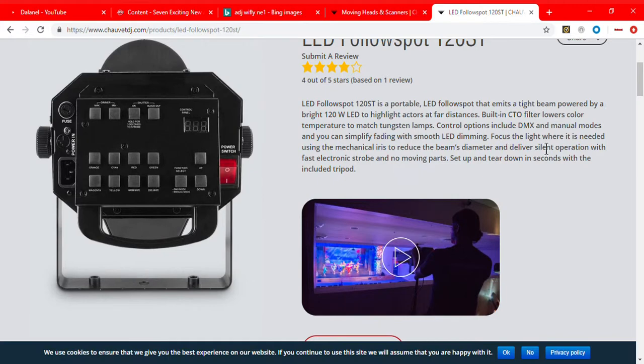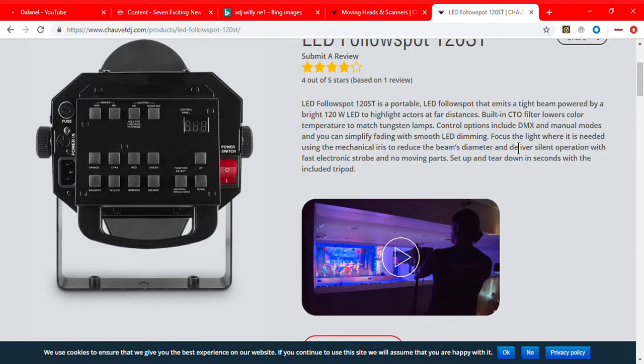They usually have a lot more output, the wattage and everything, and they can muster up a lot of stuff. A lot of things that moving heads and follow spots have in common: depending on the model, they can both produce gobo images. They can both change colors, especially modern-day follow spots where they have the built-in color